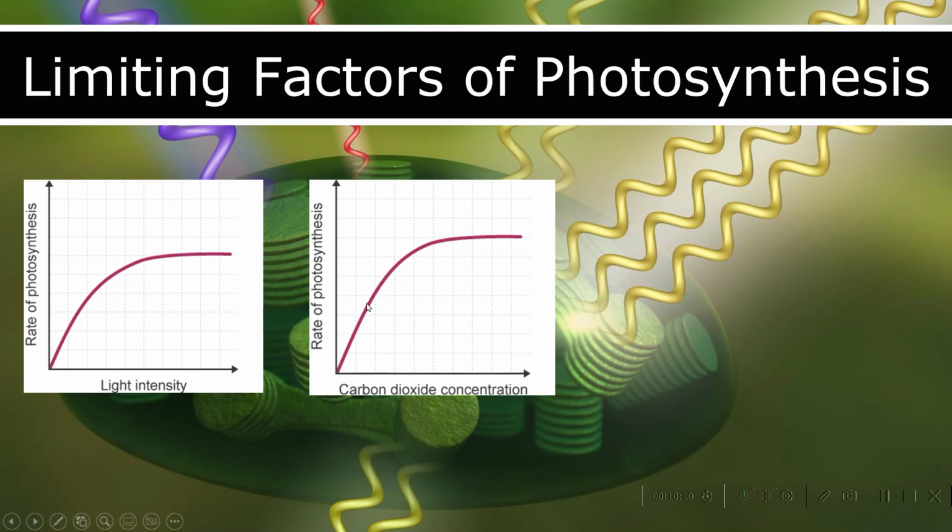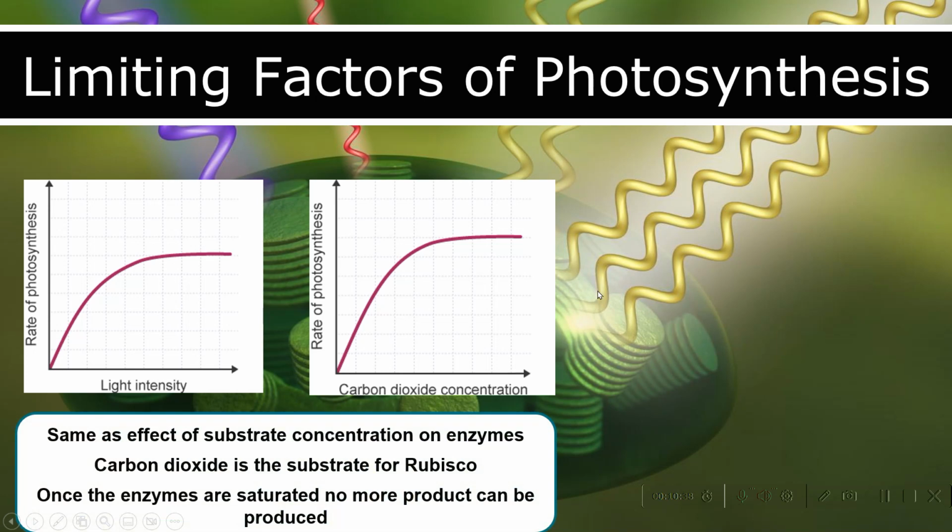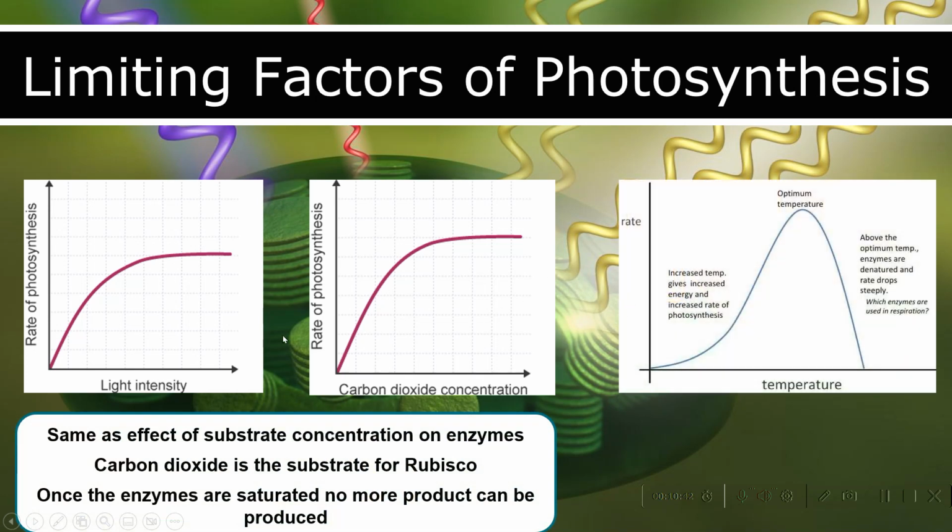So there's a fixed amount of Rubisco. When I have only a little bit of carbon dioxide, my Rubisco is just sitting there. It's not able to build anything. But as I increase carbon dioxide, at some point I will have more carbon dioxide than enzyme, and it won't make the reaction go any faster because the enzyme is used up, right? So this is identical to the substrate concentration we saw